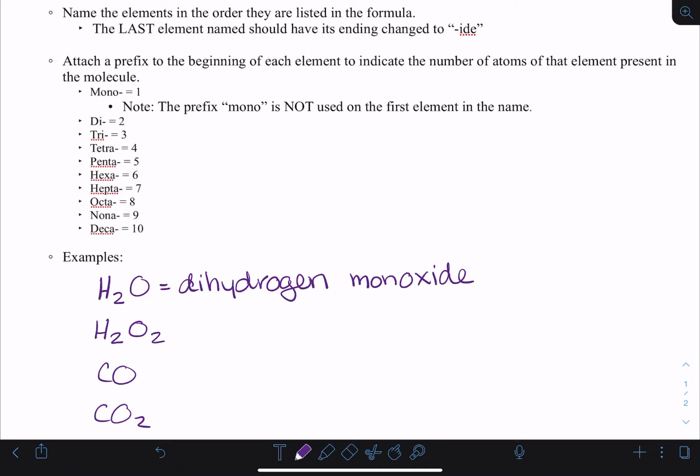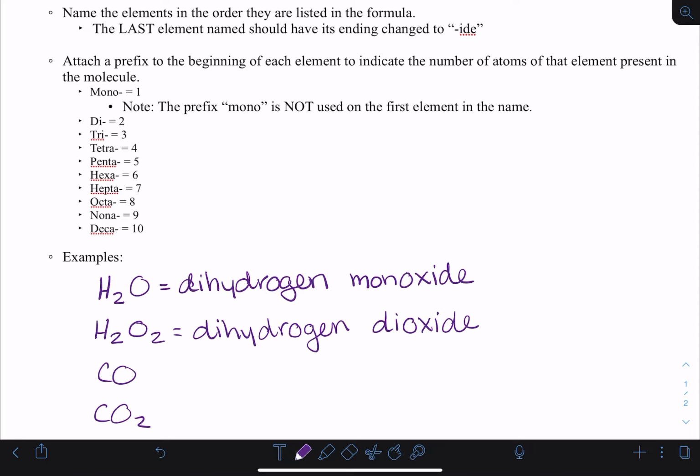is what you get. So if we compare that to H2O2, commonly known as hydrogen peroxide, the difference is that we have 2 oxygen atoms instead of 1. So we still have 2 hydrogens. So we'll start out again with dihydrogen. But now to specify that we have 2 oxygen atoms, this is dioxide. So this one is dihydrogen dioxide. Water was dihydrogen monoxide. So even though we're combining the same elements, the name allows us to differentiate between the